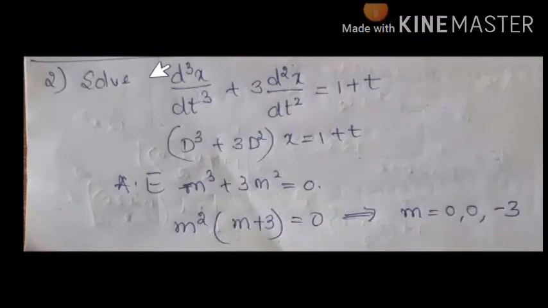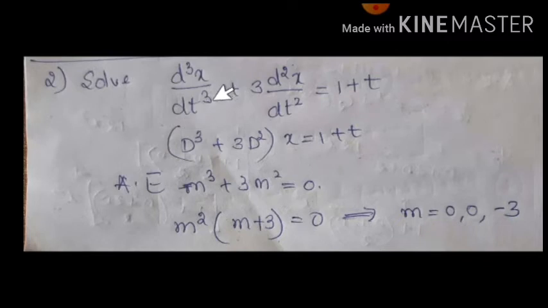Now we will continue with some more problems related to type 3. Here they have given a differential equation. Observe that when they ask you to solve any differential equation, it means you are finding the answer for the dependent variable x in terms of the independent variable t. In the previous problems we found y because the dependent variable was y. So the method will be the same, only while writing the final answer you should be careful.